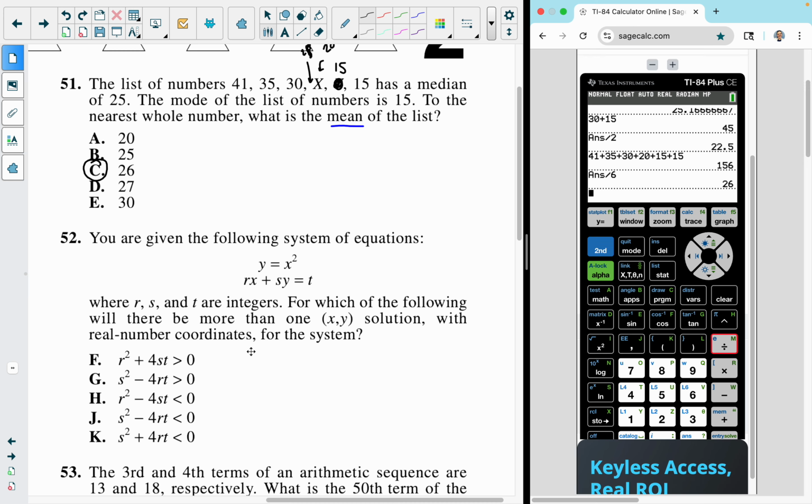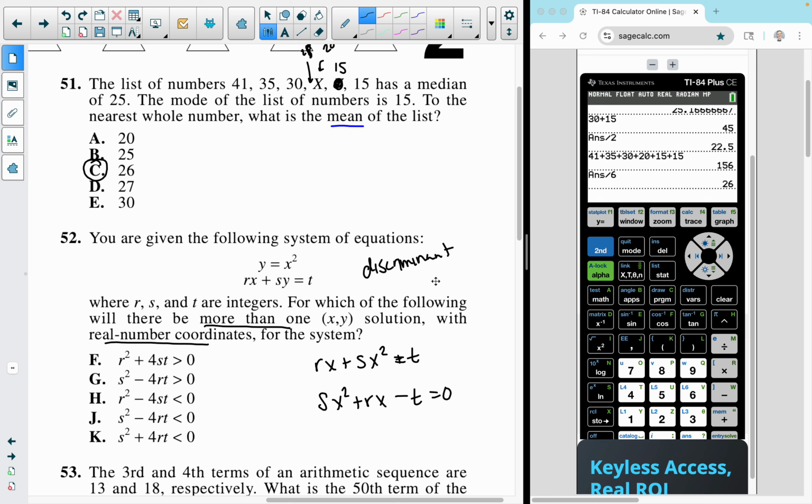And down here it asks, for which of the following will there be more than one solution with real number coordinates for the system? So if I'm looking at a system of equations, I do know that y is equal to x squared, so I can rewrite this as rx plus s times x squared equals t. Well, now it's starting to look like a quadratic. So if I put this as a quadratic, sx squared plus rx minus t equals 0, now I have a quadratic, and I can determine how many and what type of solutions using the discriminant